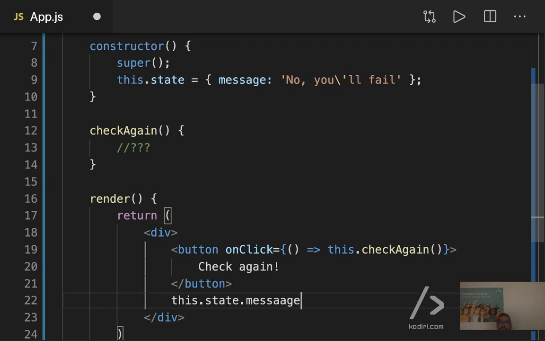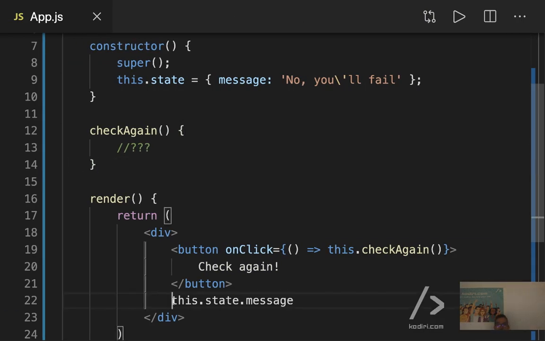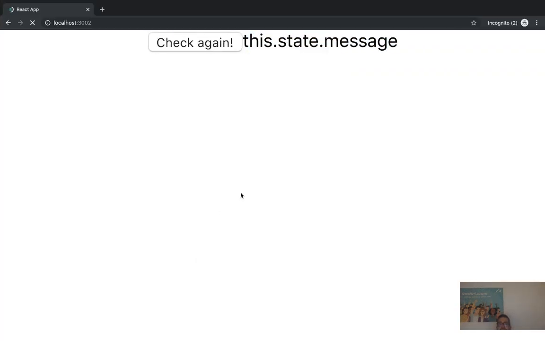This.state.message. Like that? Oops. What happened without the curly braces? Look, without the curly braces, it will display the message as it is, which is a bit weird. You know when you get an email from a marketing campaign saying, "Hello $user"? What the hell is $user, right? It's because they fail interpolating your name with the variable, right? So to interpolate it, curly braces, and then if I refresh,